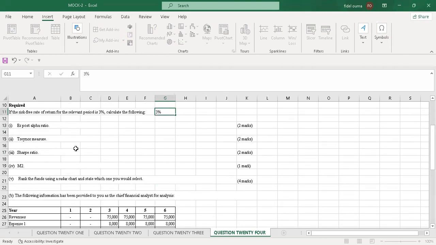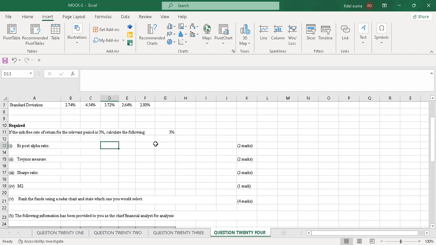The first one is the ex post alpha ratio. So I'll go straight to the question. So the ex post alpha ratio is the Jensen alpha. Yeah, ex post alpha ratio is the same as the Jensen alpha. So I'll do the formula. So the formula is always the return on portfolio minus, then the bracket,